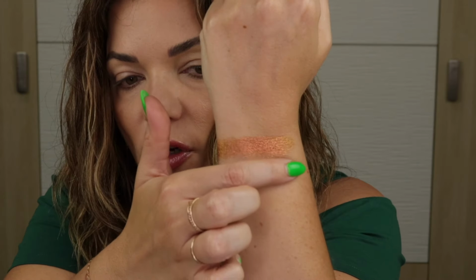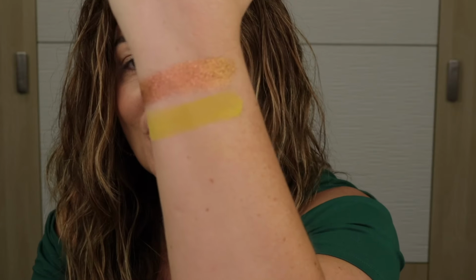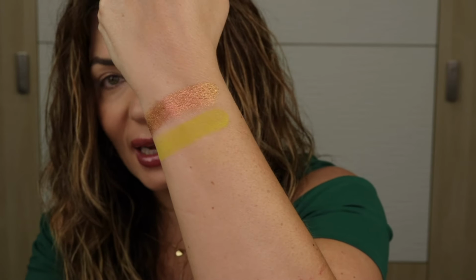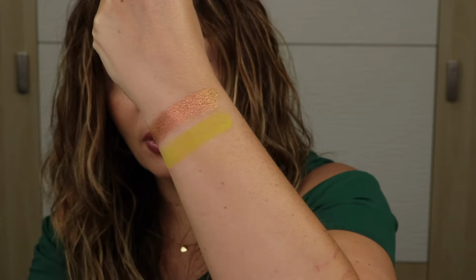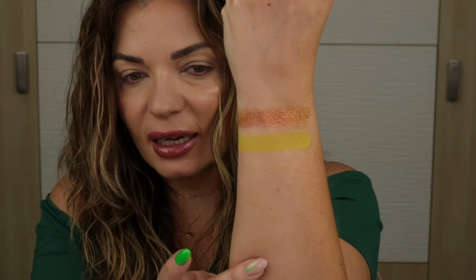And oh my gosh, this is from Glam Shop, and this is Kwazniak. I will have it listed down below. I don't know if they make this anymore. I feel like the Glam Shop mattes are a formula that maybe isn't everyone's favorite. It is a softer, powdery matte, so they can tend to be a little bit unstable, if you will, but there's just something about this. I mean, again, my lights are turned up pretty high right now, so it might be getting a little bit washed out, but there is just something to this that it's like that